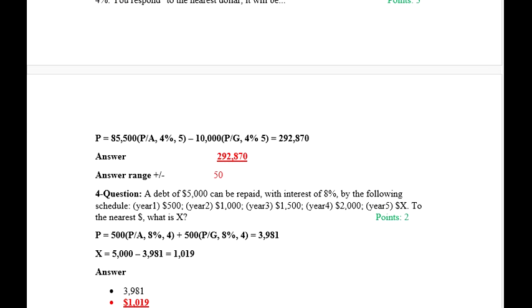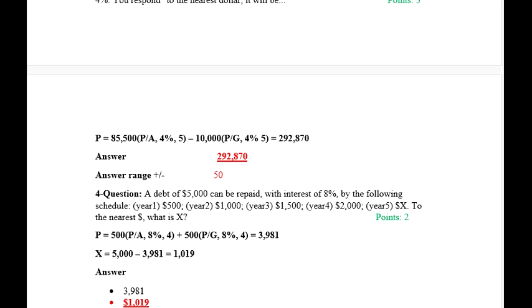Let's move on to question 4. A debt of $5,000 can be repaid. So it's a loan of $5,000 with an interest rate of 8%, so your i value is 8%, by the following schedule: year 1 500, year 2 1000, year 3 1500, year 4 2000, year 5 X. This X you have to calculate to the nearest dollar. So if you have observed, there is an increment of